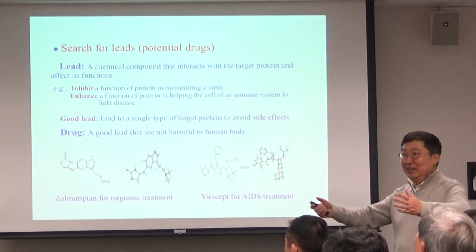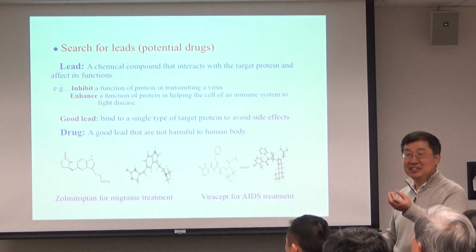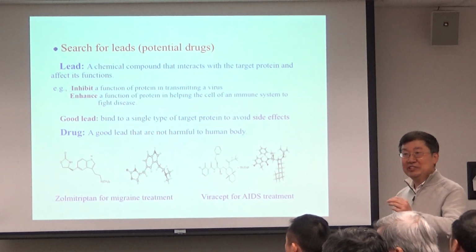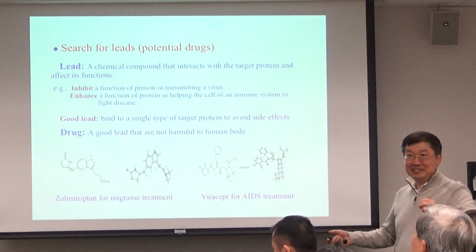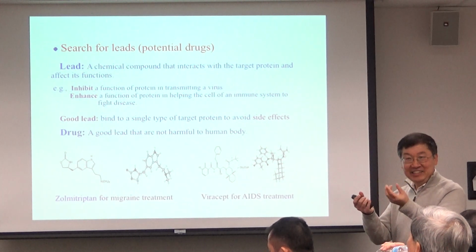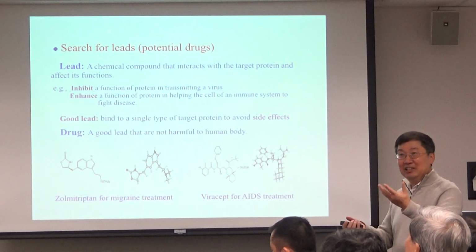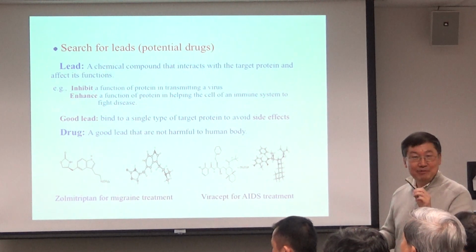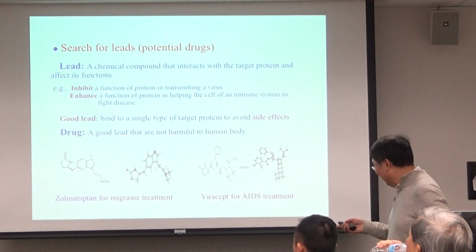That's why we have a large data set of drugs. When you find some compounds, of course we cannot just take them. One important step is to screen the whole data set to find the ones that are similar to the lead, and to see if there are any available drugs that are similar to that one. So that's one step in a pharmaceutical company's search for a drug. So how do we do that?